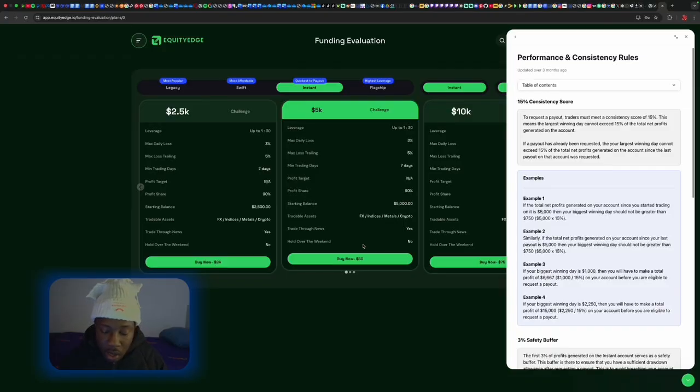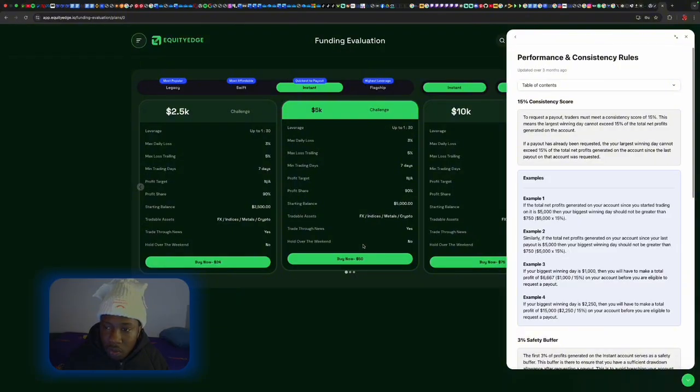Let's say I managed to make 500 today, and then tomorrow I'm going to make 100, and the day after tomorrow I'm going to make like 200. So my best winning day is going to determine how much I am going to withdraw